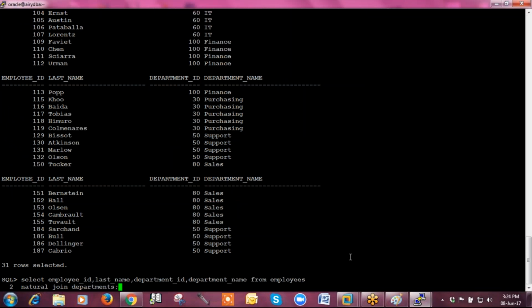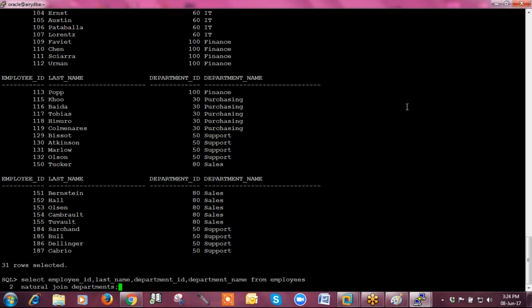So what will happen? Let's assume there are 10 columns with the same name and data type in both tables. As you use the natural join keyword, automatically the Oracle compiler will create a joining criteria on the basis of those 10 common columns.